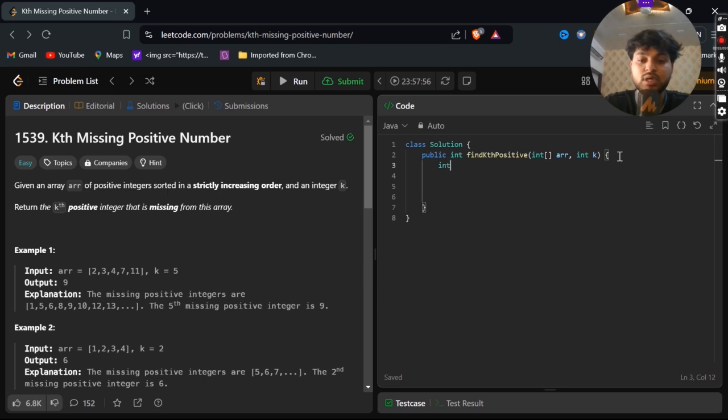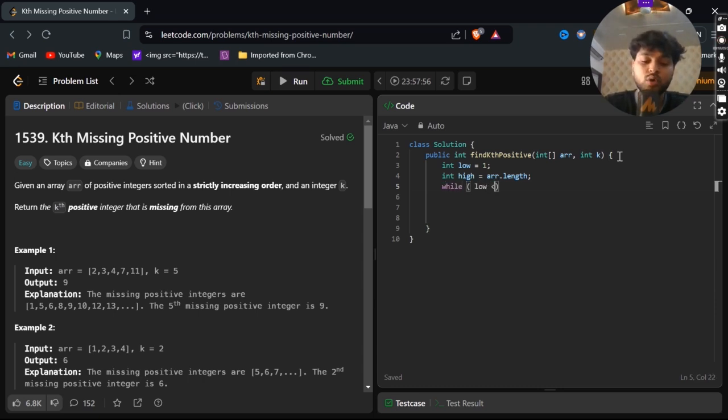In my case, I'll use int low equals 1, because I'll start from 1. Int high equals arr.length.